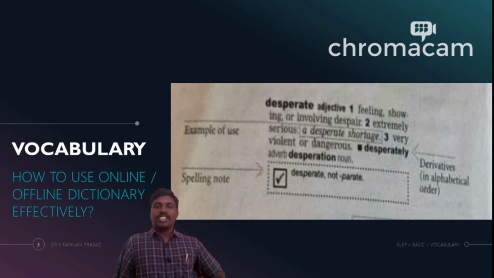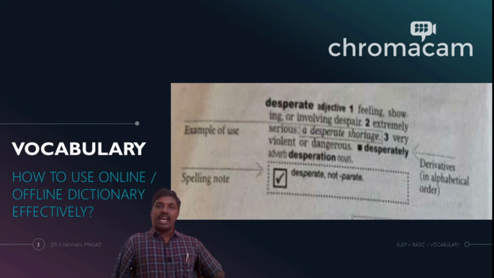After which you could also see there is a square bullet, and then you have the word desperately and then desperation. Now the dictionary, like we had been seeing in the last example, where we had seen verb inflections, here we also see derivatives. Derivatives are again part of word families. Now, in a verb inflection for the word accuse, we did see that accuse, accuses, accusing, and accused are verbs again, but with the verb being used in different tenses. But it is not the same here, and that is why you call it a derivative.